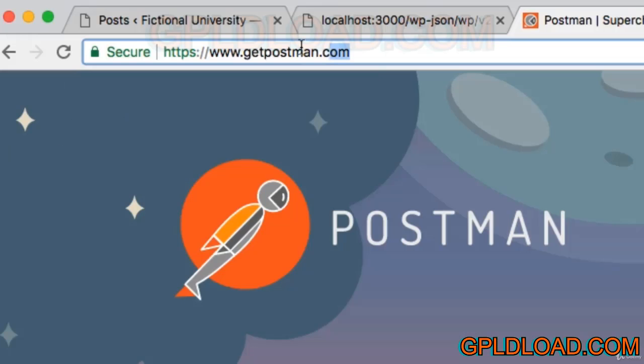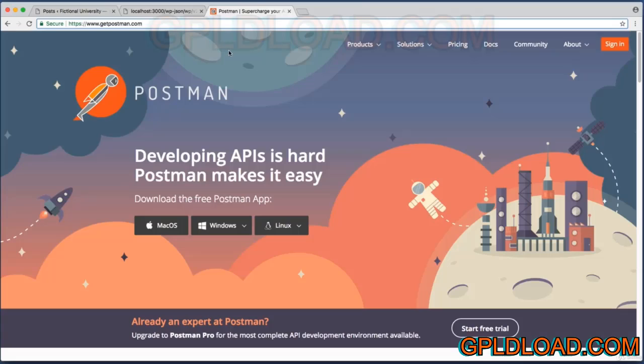As of this moment, the official URL is getpostman.com. That domain could change in the future, but if you just Google for Postman program, this should show up as the number one result. Again, it doesn't cost even a penny, so go ahead and download it. Although I guess before you pause this lesson and download it, you might want to first see what it is